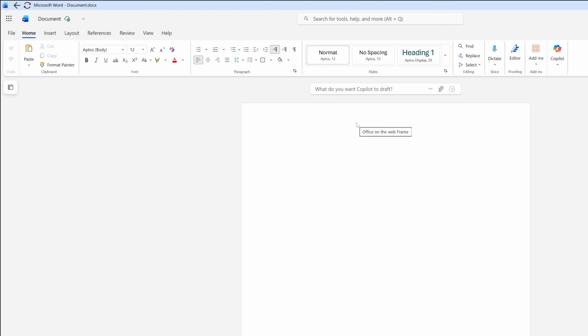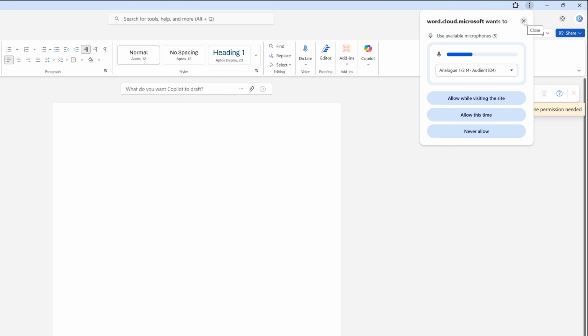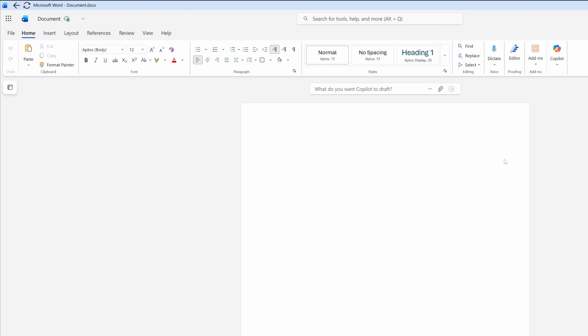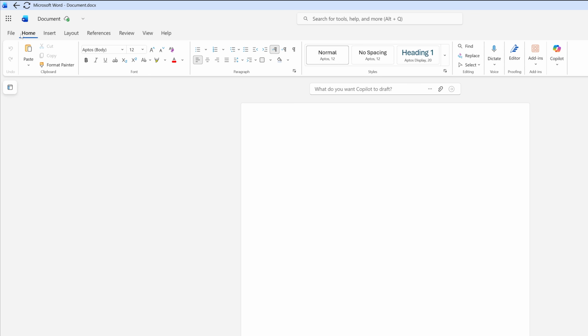The benefit of going this way is that, first of all, despite you have not paid anything, you're gonna get the latest and greatest features. For example, let's say, just I am being a little bit open here, somebody has installed the gray version of Office 2024. It looks like 2024 is the latest, but still it won't have got the dictate functionality. So you can use this functionality by even going with this free version. So in a way, despite this being free, you will get more features than perpetual. And of course, with the free version, you're gonna get 5 GB of free storage where you can work on your